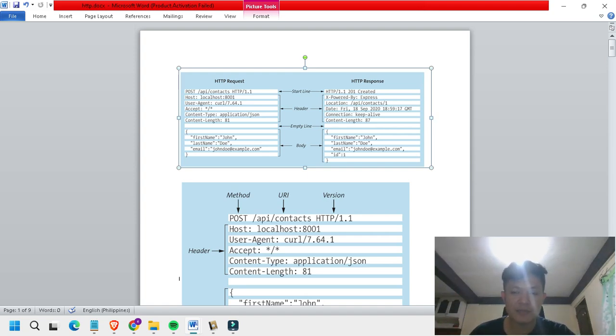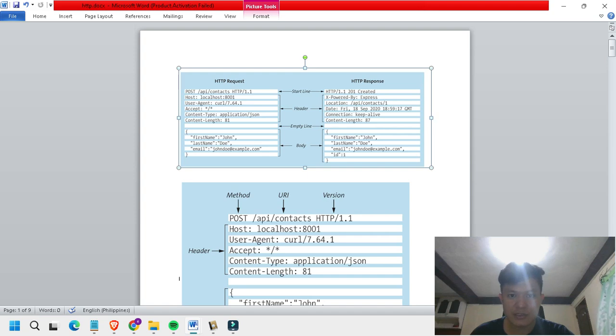For an HTTP response, it starts with the HTTP version, then the status code, which I'll discuss later, and then a brief description of what happened, or what action has been taken.